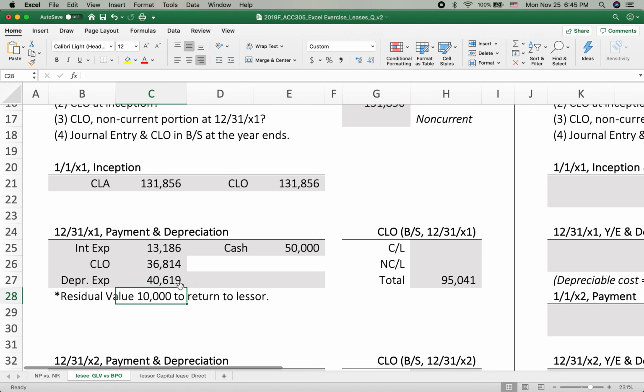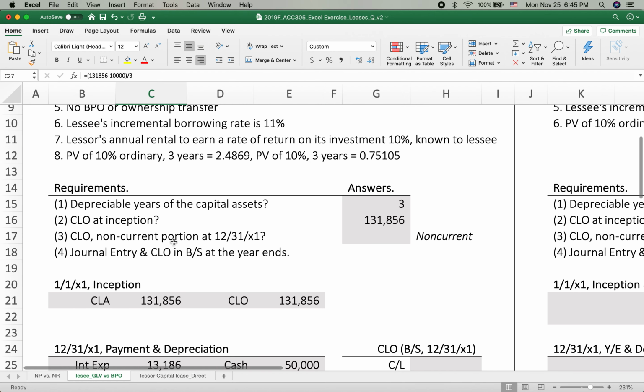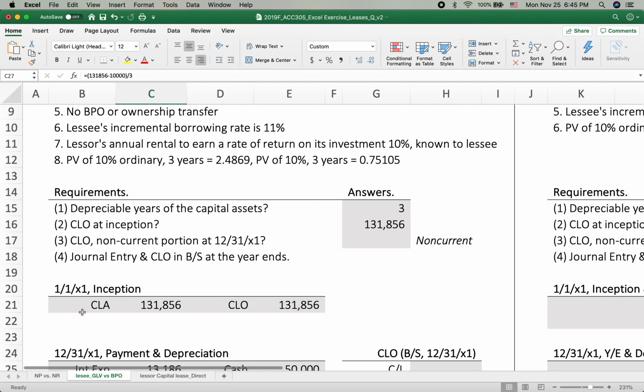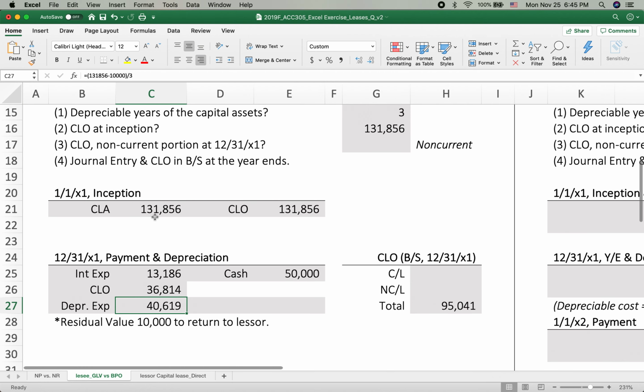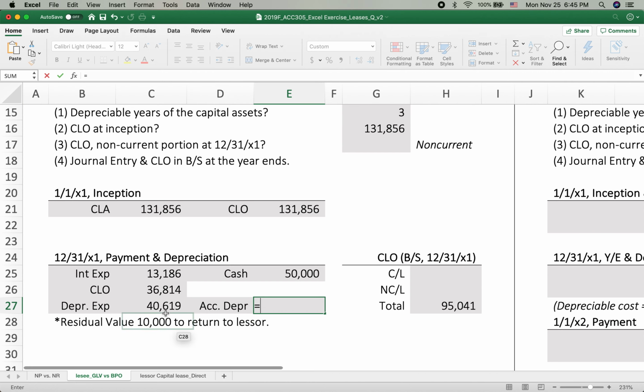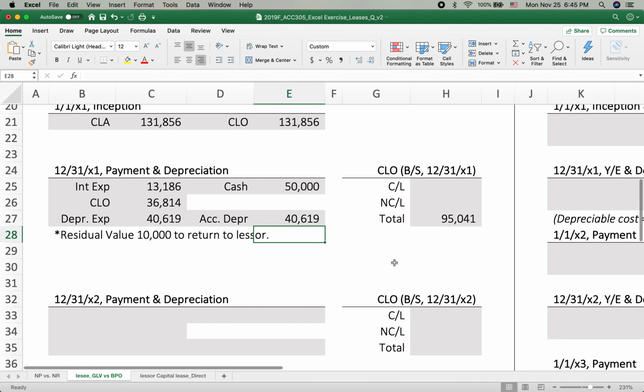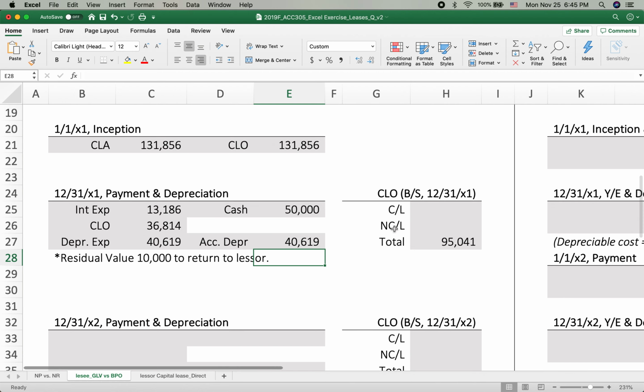So that depreciation expense will apply to capital lease asset 131,000. Then we will depreciate by this amount, and then accumulated depreciation. Okay, like this. At this moment, it's hard to calculate the capital lease obligation current liability portion and non-current